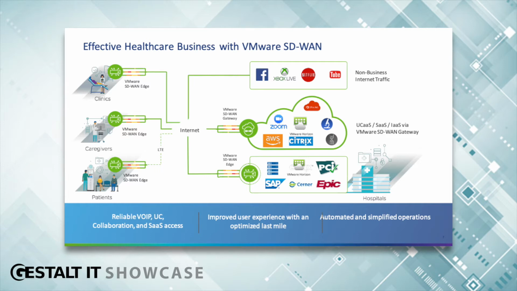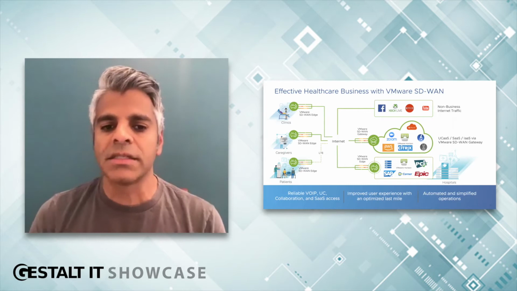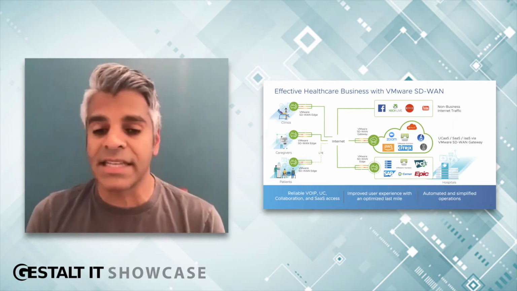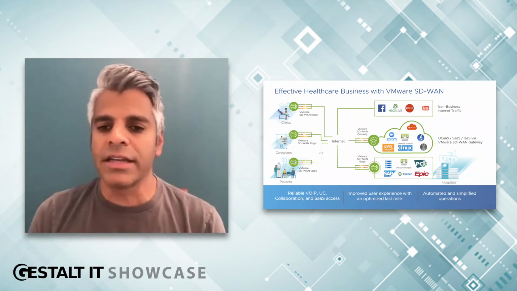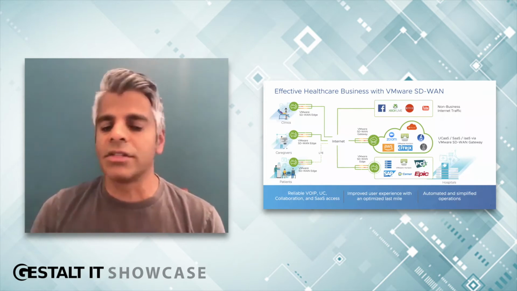The other side of the architecture is on the application side, for applications that are hosted in the data center that devices are connecting to. You would deploy another VMware SD-WAN Edge or hub device at the data center side of it. And for efficient on-ramp to the internet, we have a notion of the VMware SD-WAN Gateway, which is offered as a service that can significantly optimize application performance as devices are accessing critical SaaS applications, like the one shown here as an example. And then, of course, for generic, casual internet applications, there's just a direct connection to the